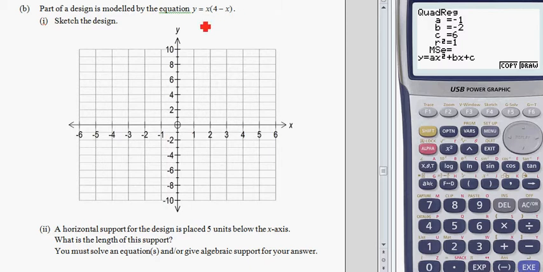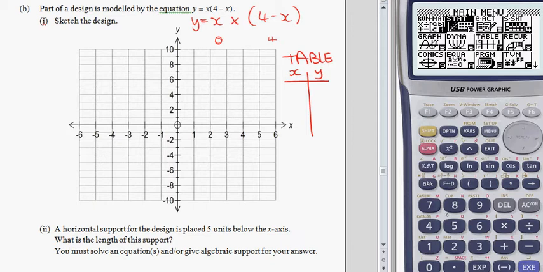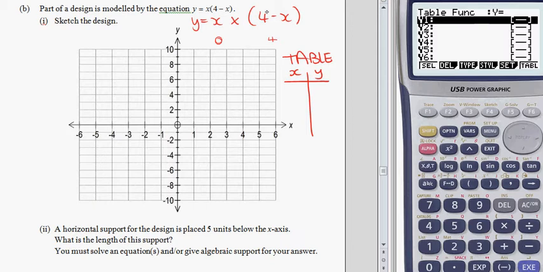It's in factorised form, y equals x times (4 minus x). Now I know that it's going to cut the x-axis at 0 and positive 4, but you can plot some points. So we could put this into a table to plot points, or you can work it out by hand. Choose any x value you like along here. If we go over and use the table, and we put in x times, remembering to put the times in and then the brackets,